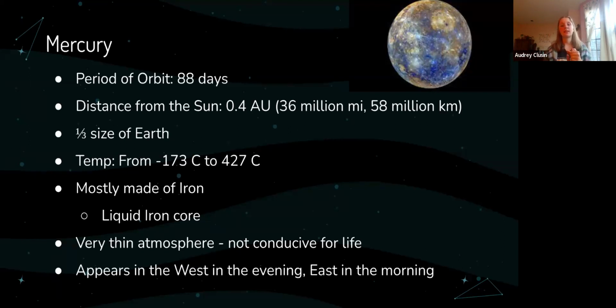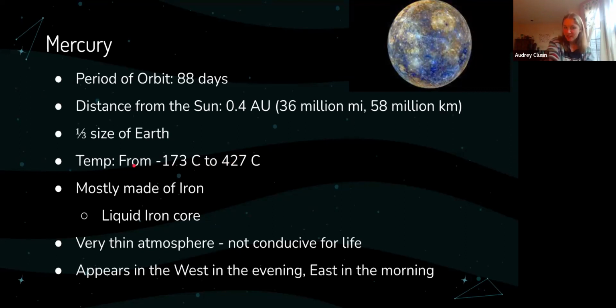Because of this, the side of Mercury that is facing the sun is a lot hotter, 427 degrees Celsius, which is very hot. And the back of it is very cold, almost negative 200 degrees Celsius, because it's not facing the sun, and it's so close to the sun that it gets so hot.